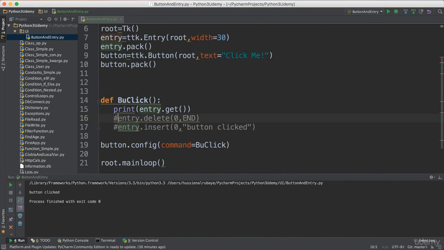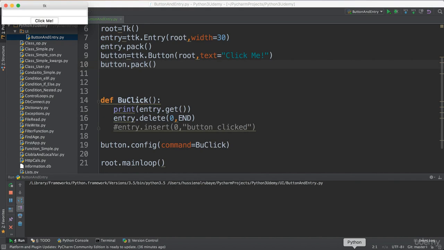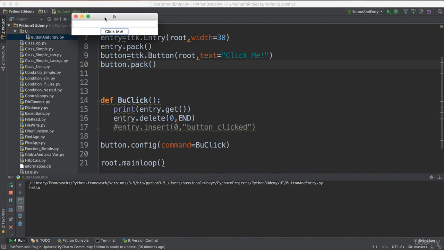But the idea for now is that I just want to clear everything after he clicks the button, so I make it really clear to interact. And the idea of this video is also to make you familiar with how you could write something, how you click a button, get that something and print it. Also how you will be able to set as you see it using